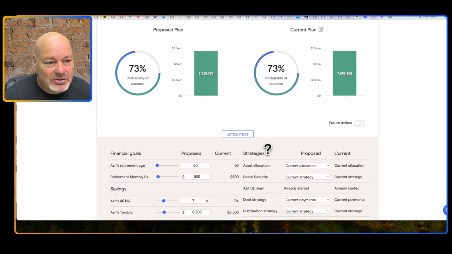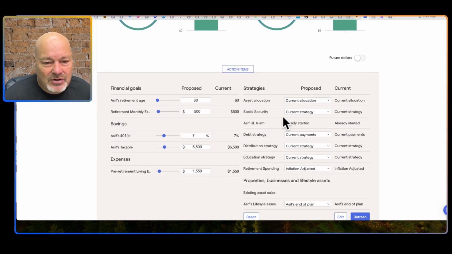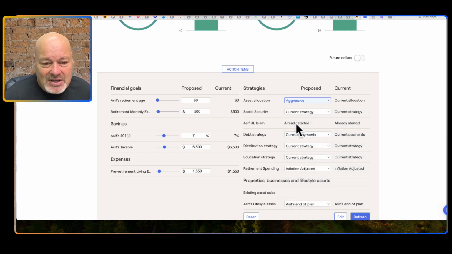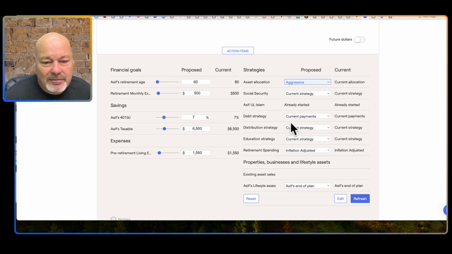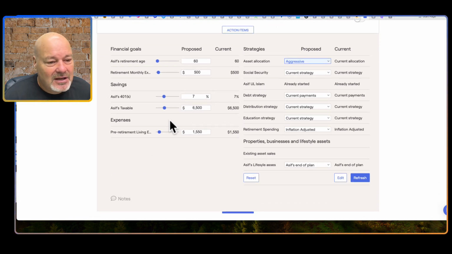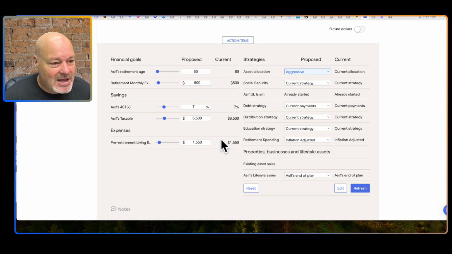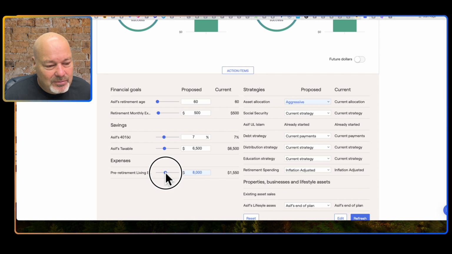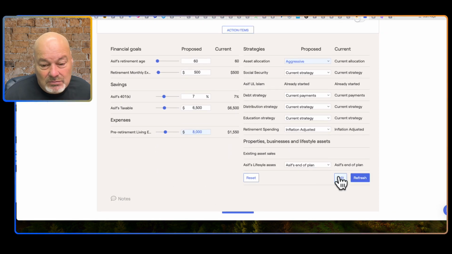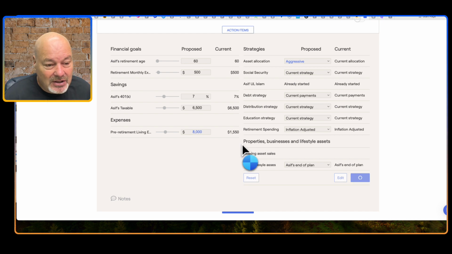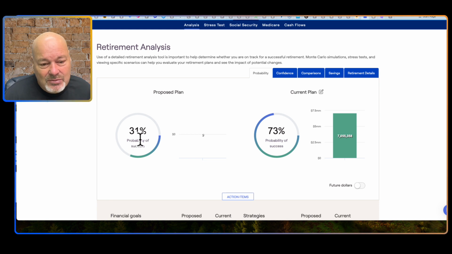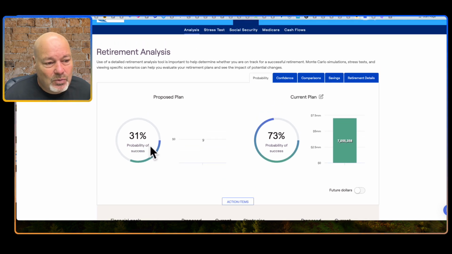So I am going to go to proposed and current. I'm going to make some changes. I'm just going to do this to show you how it works. I'm going to say they're going to go to aggressive. Already started his savings, and so distribution, education, retirement, and okay, now I'm going to go to pre-retirement living expenses. I'm going to make that $8,000, which is a lot more reasonable in my opinion. So I changed that from 1550 to 8,000, and you can see that changed the probability of success to 31%